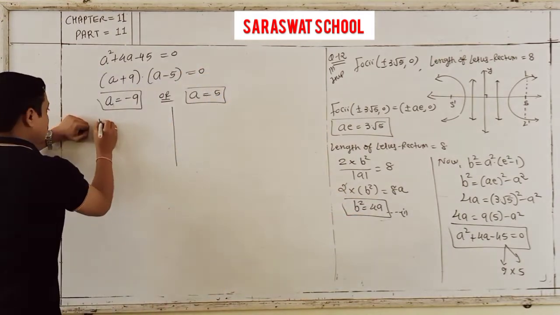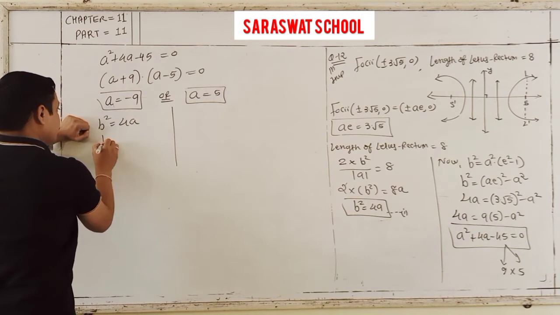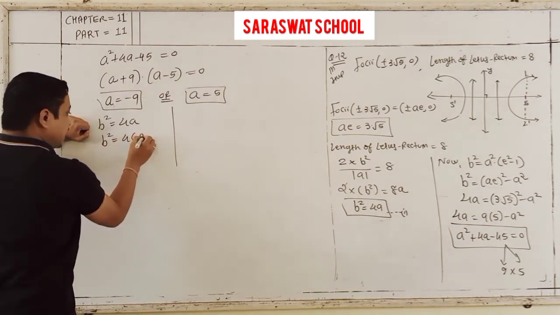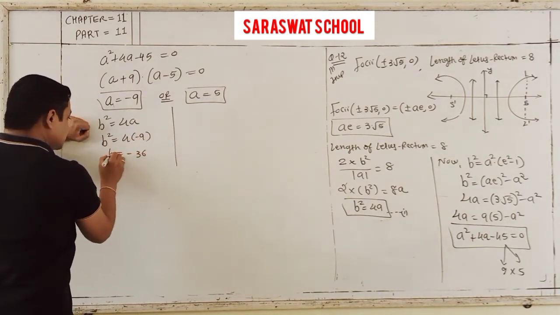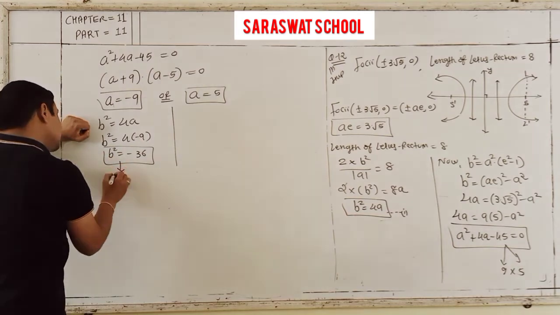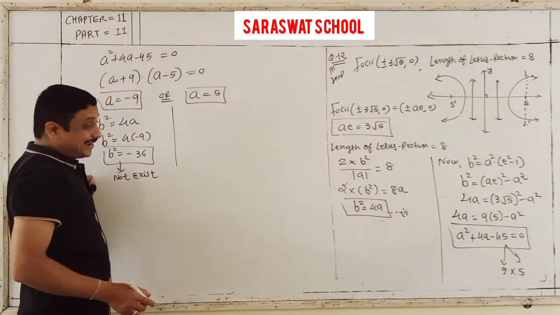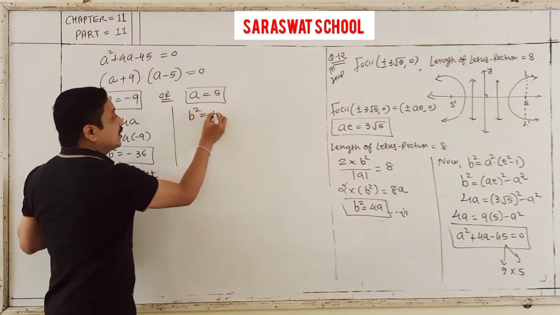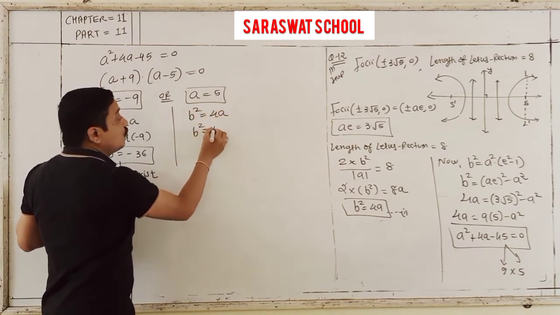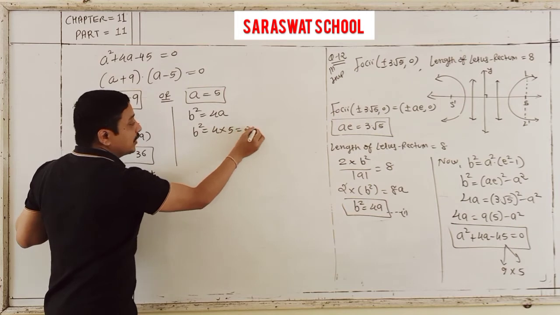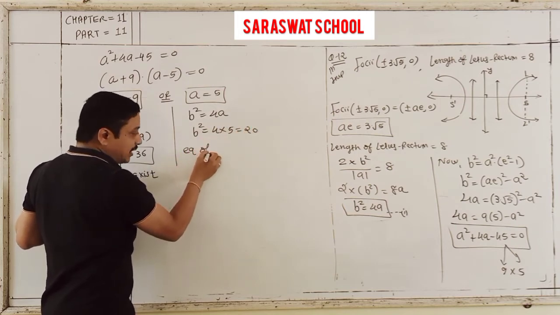So b square is equal to 4a. With a becoming minus 9, it is minus 36, but that does not exist, you cannot take a square value as negative. So here b square is equal to 4a, 4 fives are 20, so the equation of hyperbola,